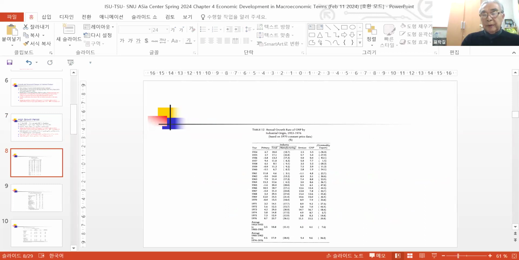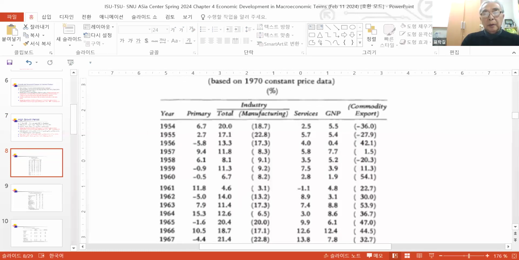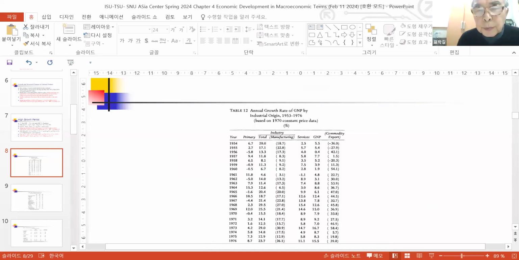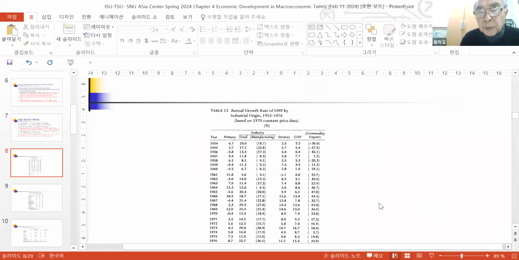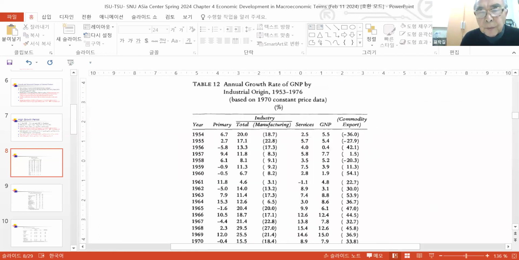Okay, first, you can see this picture, this table is annual growth rate of GNP by industrial origin, meaning by industry. Okay, in real GDP prices by industry. So we can identify where is the source of fastest growth industry. Okay, in looking, you see,